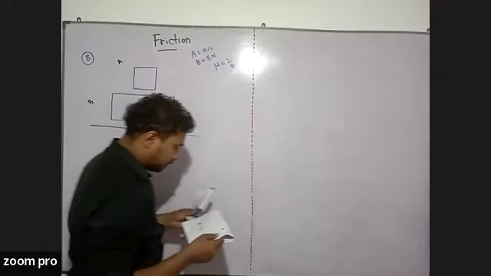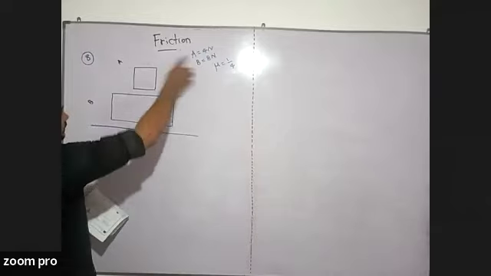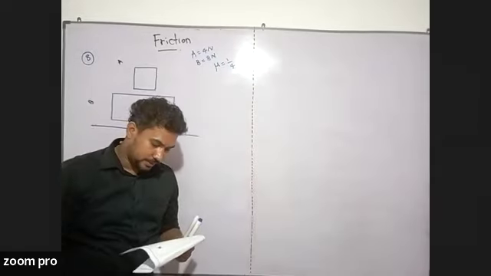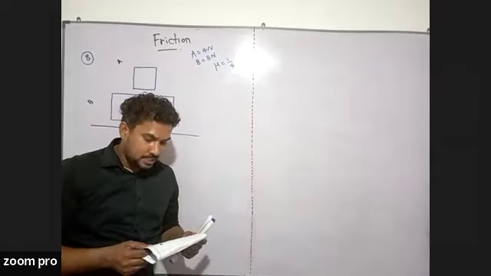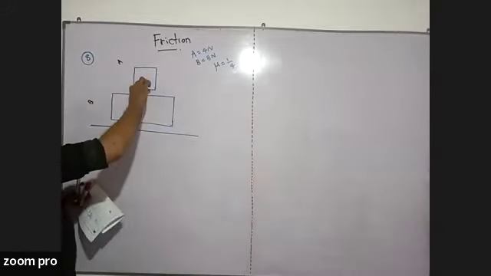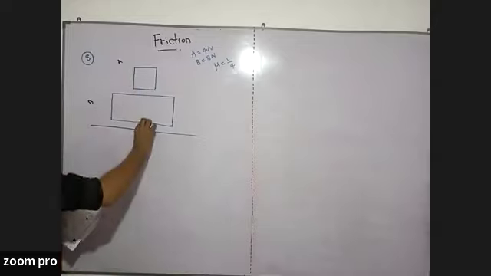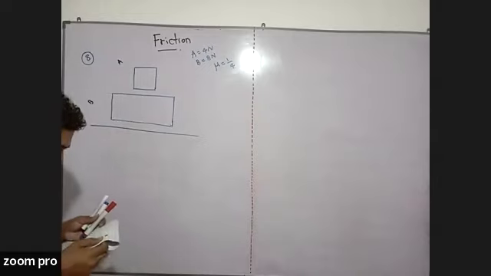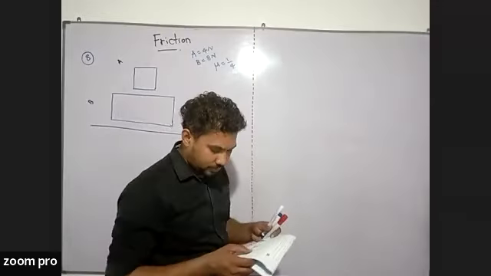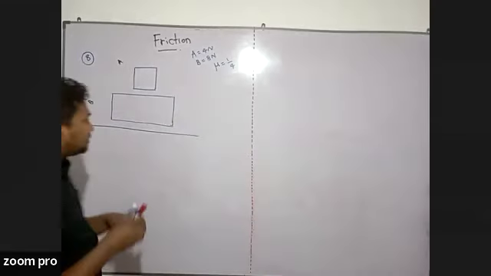Right. So in the 8th question, they have given that the weight of the A block is 4 Newton and the weight of the B block is 8 Newton. And there's a friction force between each surface. That means there's a friction force between these two surfaces, as well as a friction force exerted between these two surfaces, right? Now we are asked to find the value of F required to slightly move block B each time. So that means